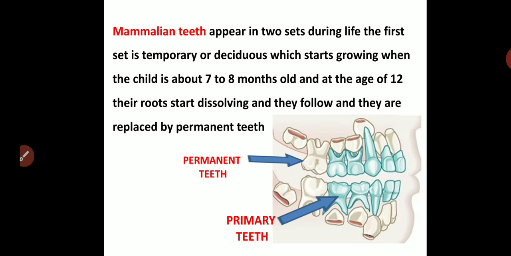And a human child has a total of 20 deciduous teeth. They appear in both the jaws. By the age of 2 years, all the 20 teeth are present. Out of the 10 deciduous teeth present in each jaw, 4 are incisors, 2 are canines, and 4 are molars. Now, what happens further? Between the age of 3 and 12, the deciduous teeth start making way for permanent teeth.